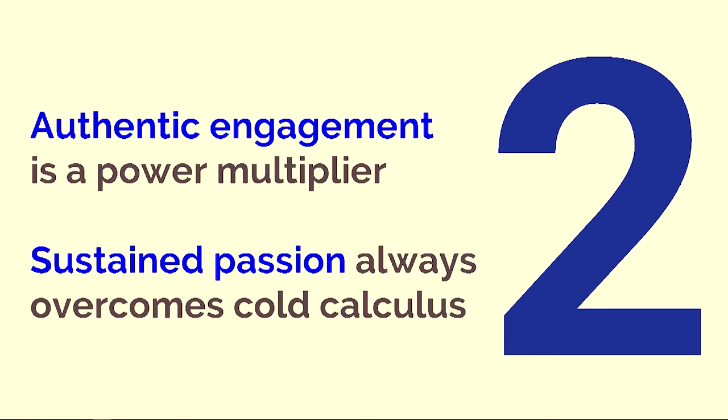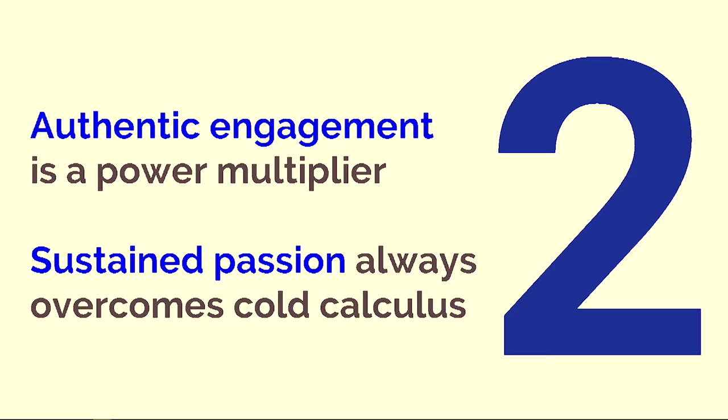That value can be multiplied massively if you have authentic engagement. We live in this age, it's temporary, where the paid influencers are a big thing, right? That's only going to last so long. I think it's going to become really obvious who's getting money for what, and the authentic influencers are going to be the ones that are, in the long term, creating the most value. But in order to engage authentic influencers, you've got to be more authentic with your value networks that you're engaging, right? Sustained passion always